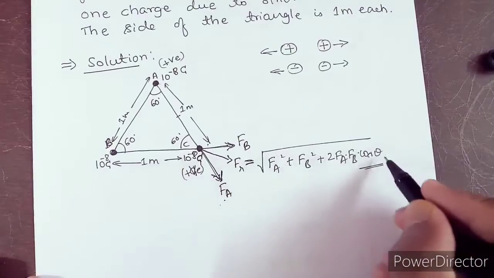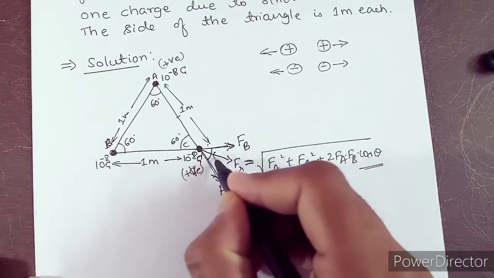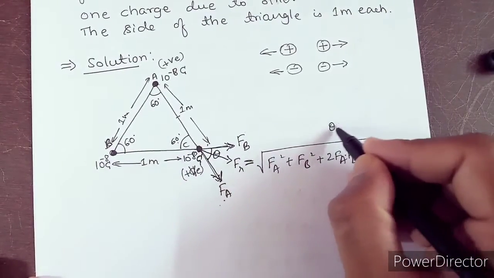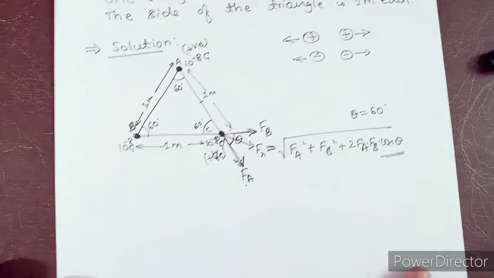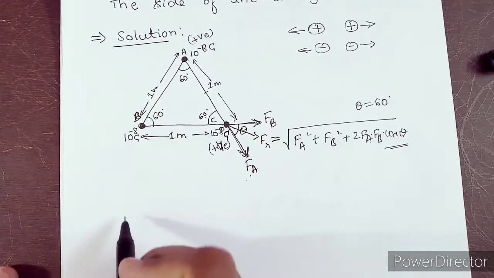Okay, and this angle theta is nothing but this angle. How much is that? 60 degree. Theta here is 60 degree. Simple. So the formula is there. Let's find the answer. So Fa,